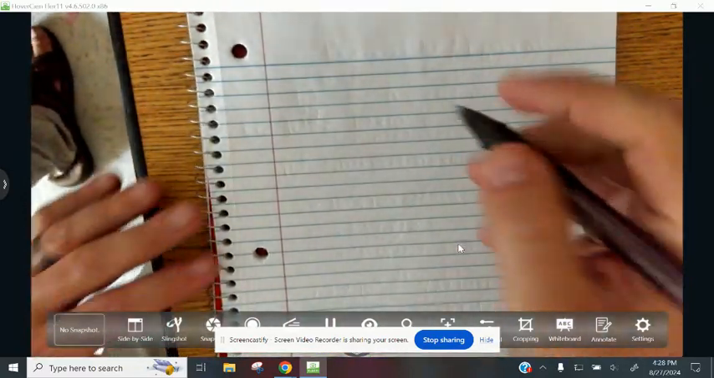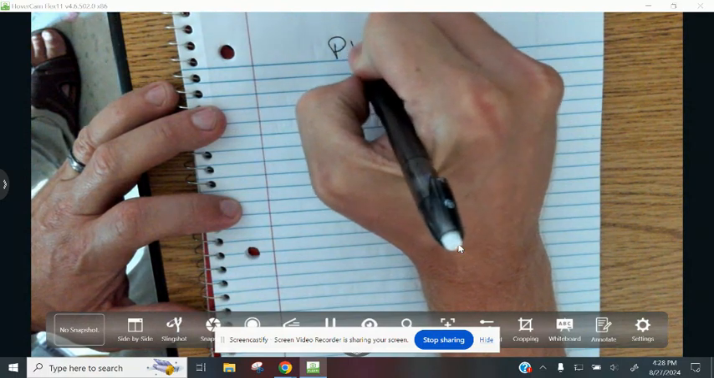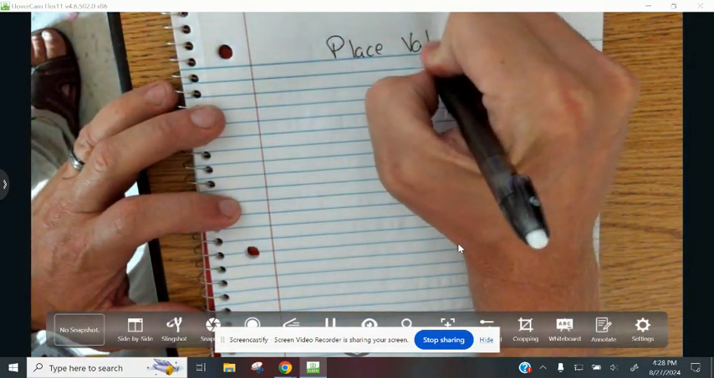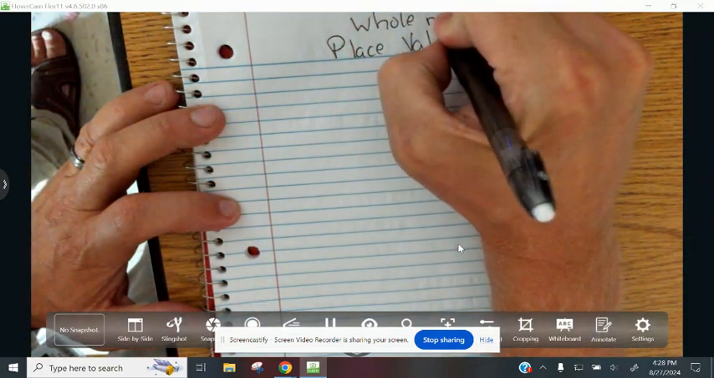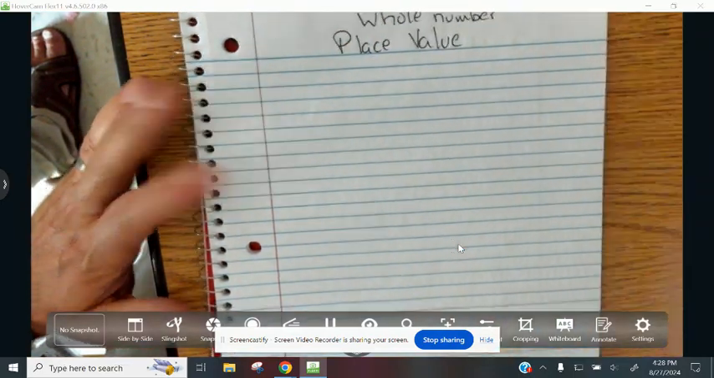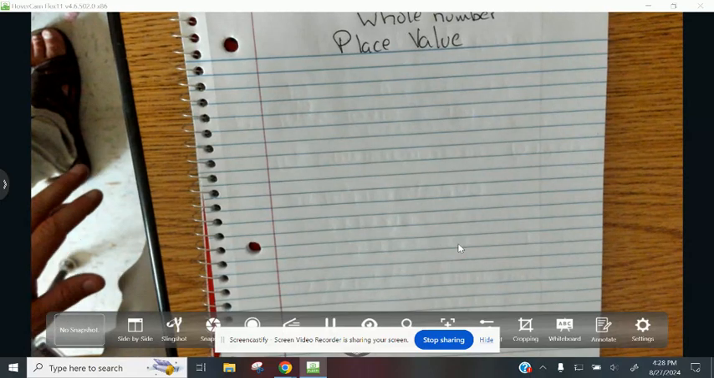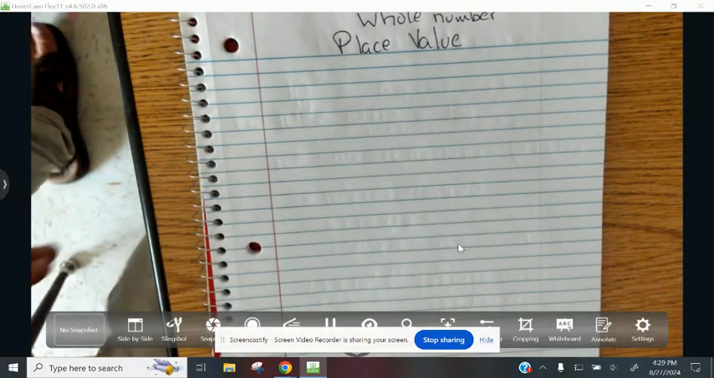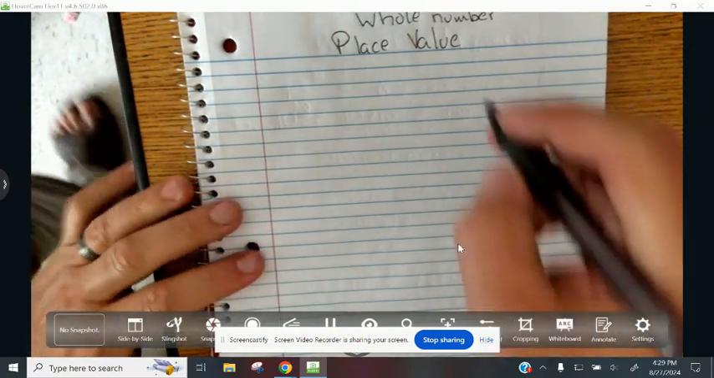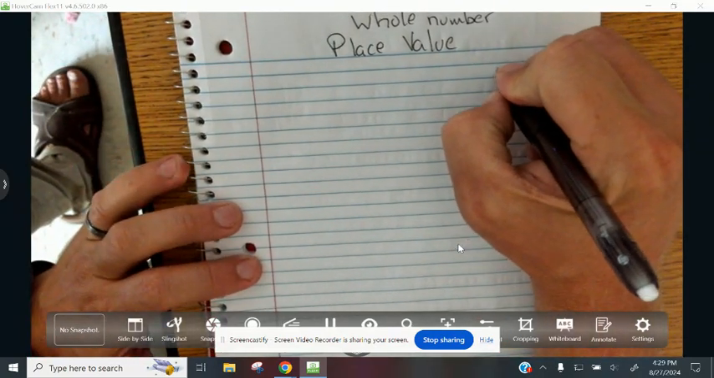Okay, so we're going to do a small little place value chart right now. So we're going to title it place value. In fact, I need to put whole number because that's all we're working with right now, is whole number place value. Okay, so if we're going to go this way, we're going to have the ones,